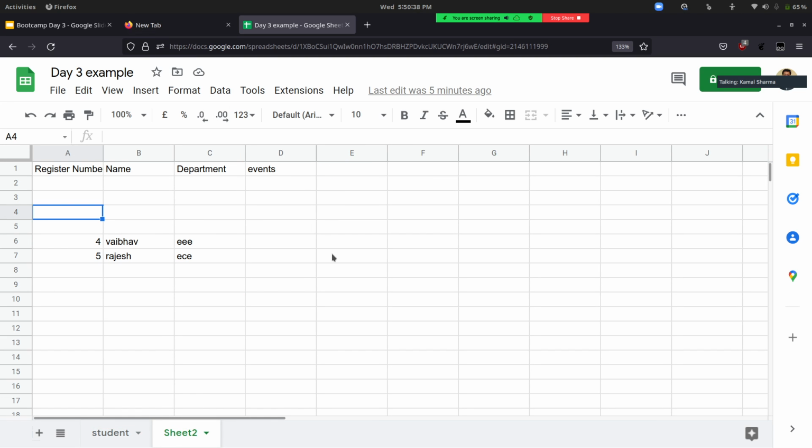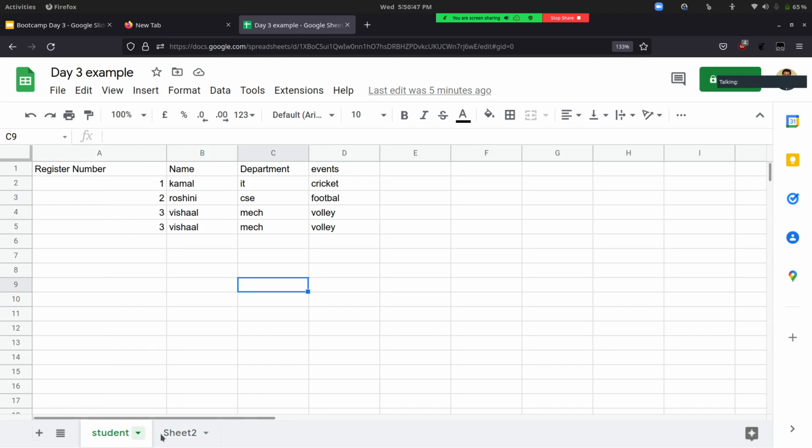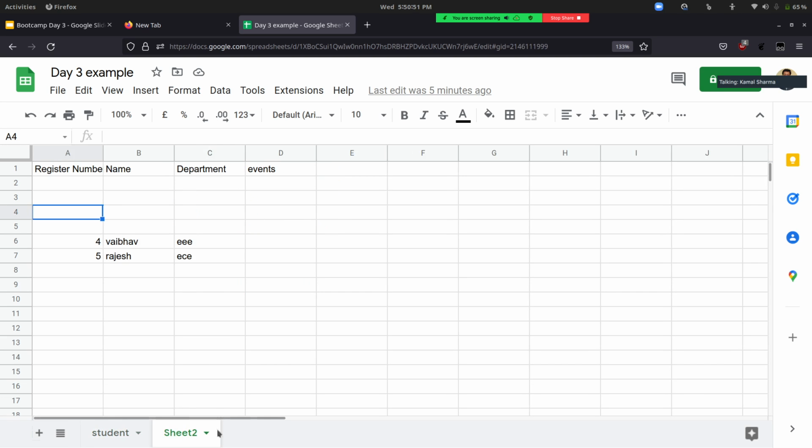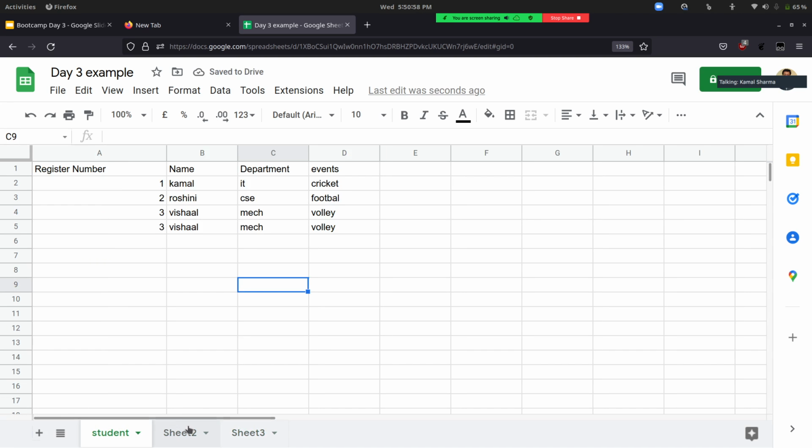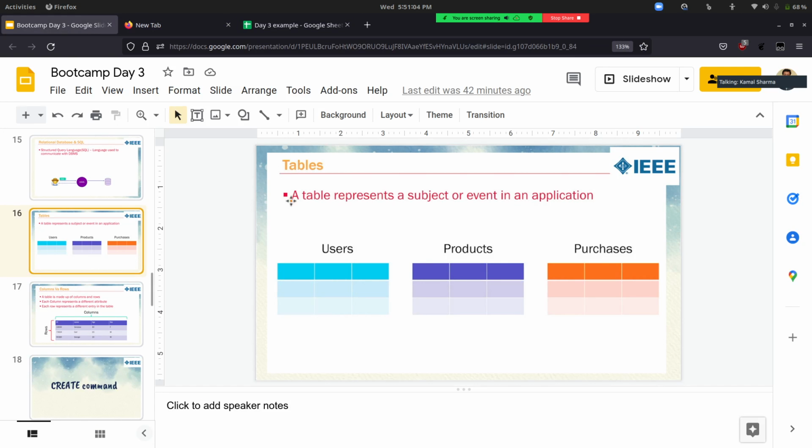Let's say you are a grocery store owner, or a manager at Flipkart. You store user data in one sheet, the products you have in another sheet, and maybe in another sheet the products which they are buying. So you're using three different sheets, right? Each sheet you can consider as a table. That's what we do in an RDBMS. Everything is represented in the form of a table.